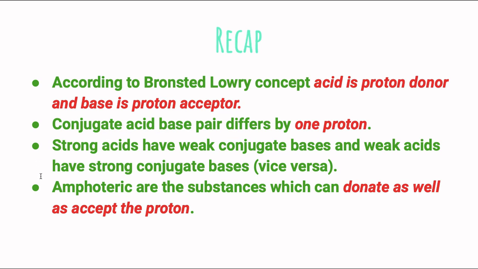Now, there are some substances which can act as an acid by donating proton as well as a base by accepting proton. That is, one substance can act as an acid as well as a base, and that substance is called an amphoteric substance, or the nature is called amphoteric nature. The example we have considered is water. So, amphoteric substances are the substances which can donate proton as well as accept proton. Now in the next video, to overcome the drawback of this theory, we shall consider the next theory which is called Lewis theory.